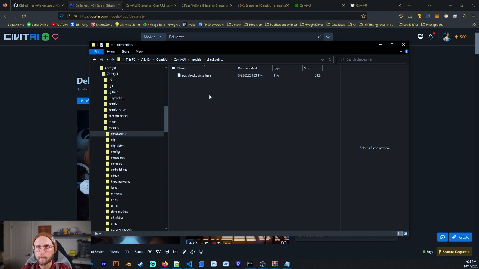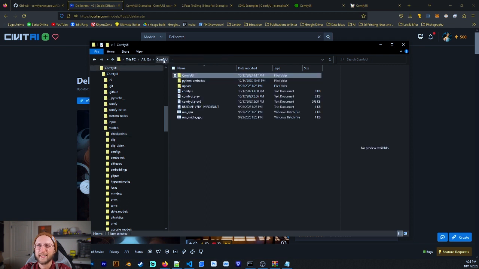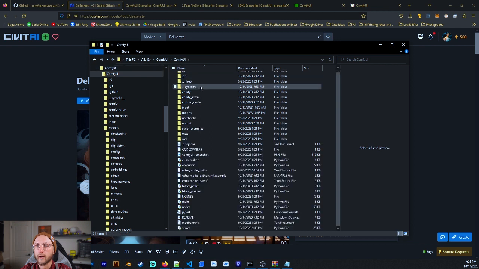Now, say you have Stable Diffusion installed on your computer already, and you have a bunch of models and LoRAs and other things installed. Well, thankfully, we don't have to use duplicates because that would suck. So what you're going to do is go into ComfyUI again, and you can scroll down here, and we see that we have extra_model_paths.yaml.example. So you can just do a Control-C and Control-V,